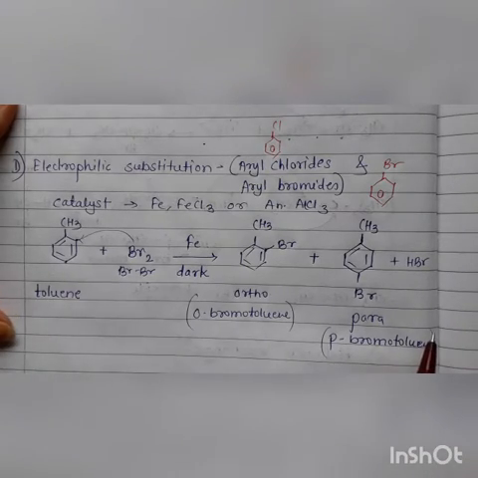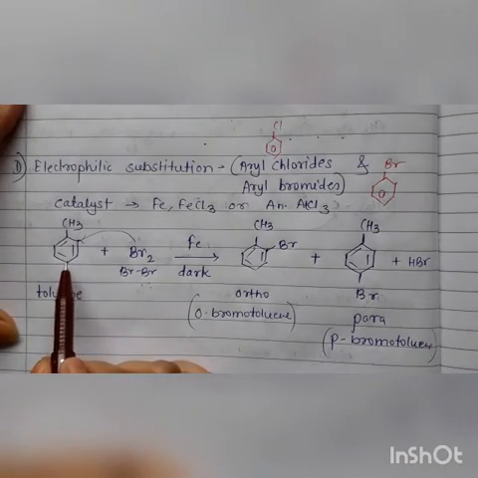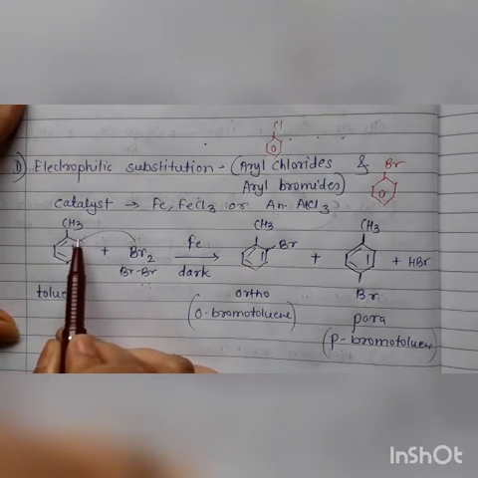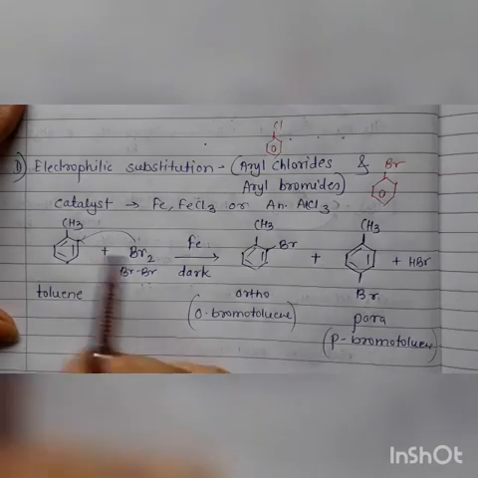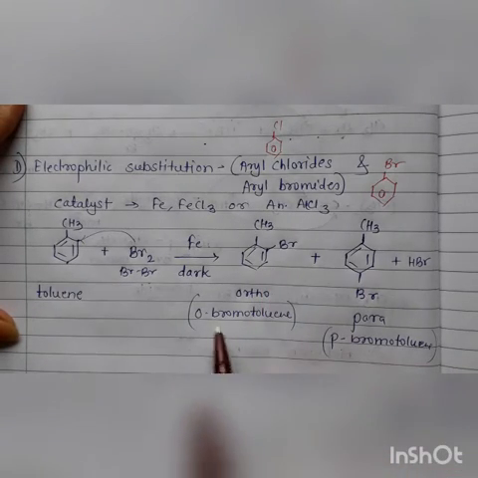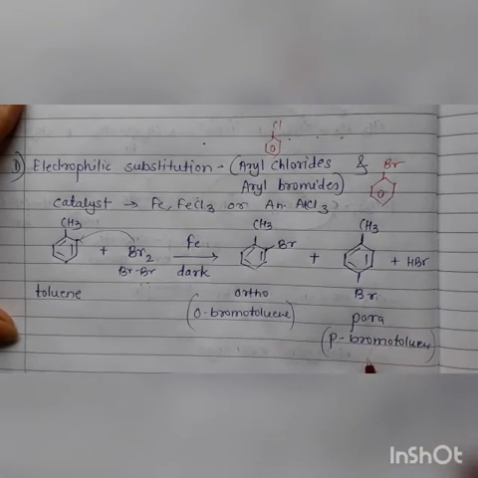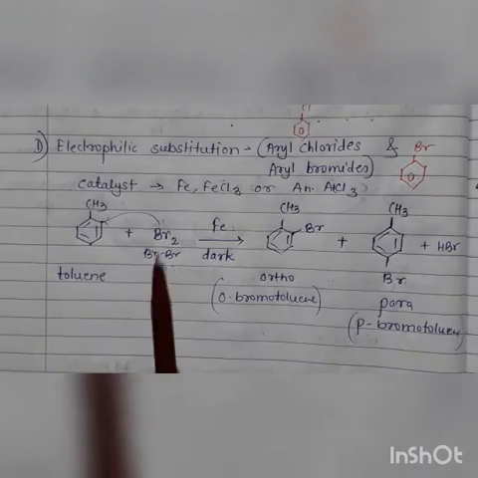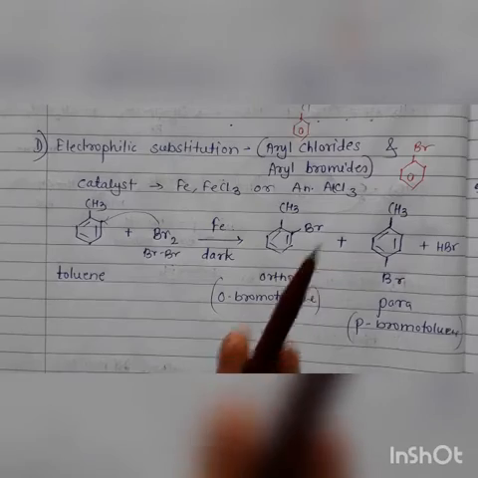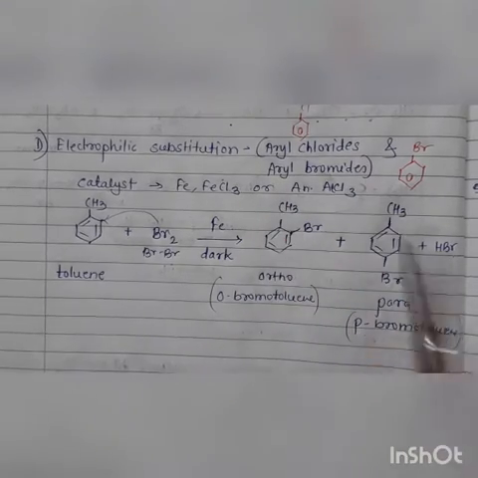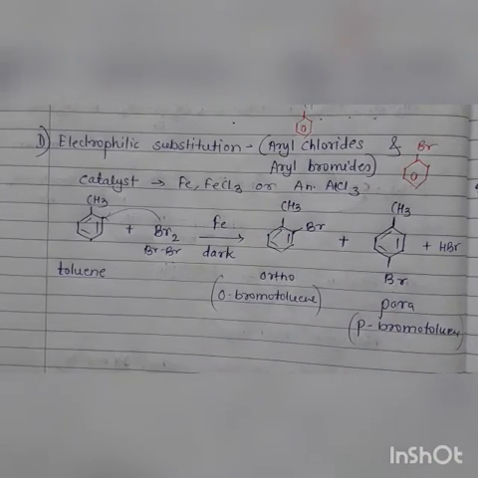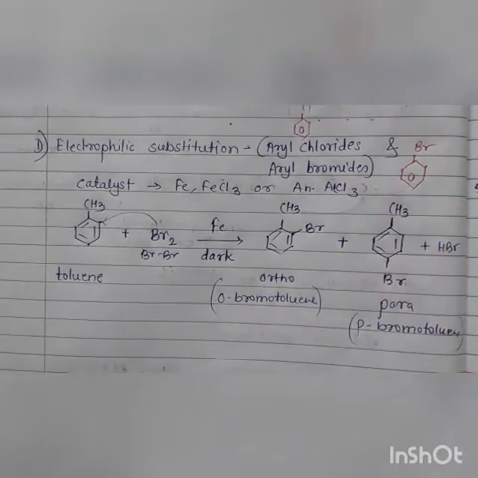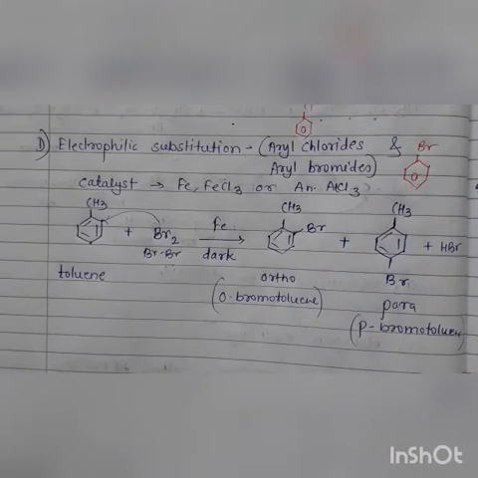Okay, in this way we have done bromination of this toluene or aromatic compound. We have added bromine on benzene ring. Okay, and aryl bromide has formed, orthobromotoluene and para bromotoluene. Understand? So this was electrophilic substitution reaction for the preparation of aryl chlorides and aryl bromides. Now let us solve some questions or reactions which are given in exercise in your textbook.